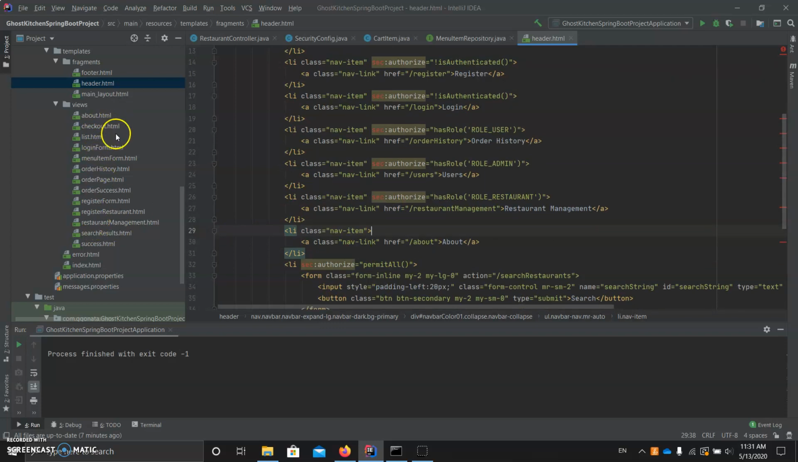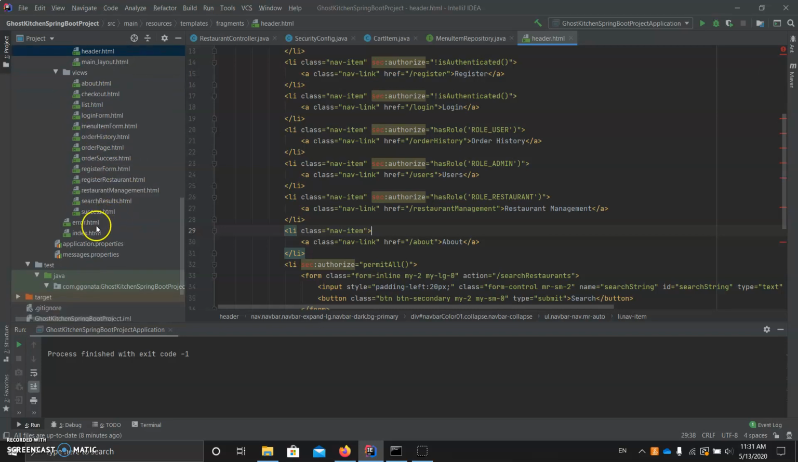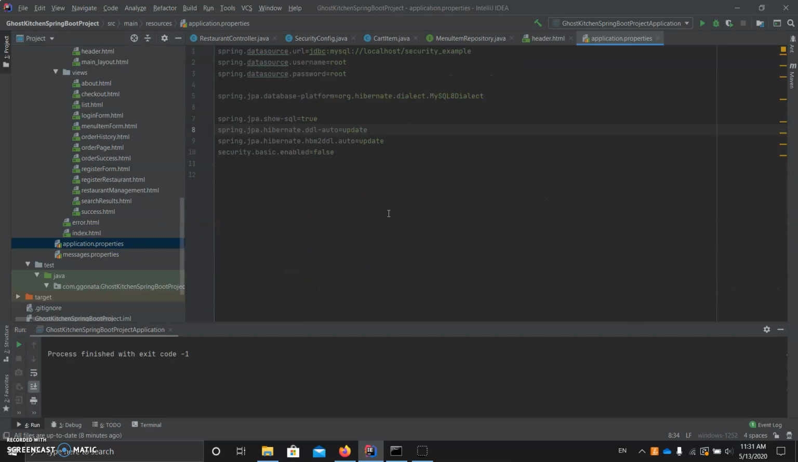Okay, we have each of our views here for our registration forms, our login forms, things like that. We also have an error.html, which, just in case there are any errors, it's at least a nice format for the user to see. Okay, we also have our application.properties, which sets up our data source to the MySQL database